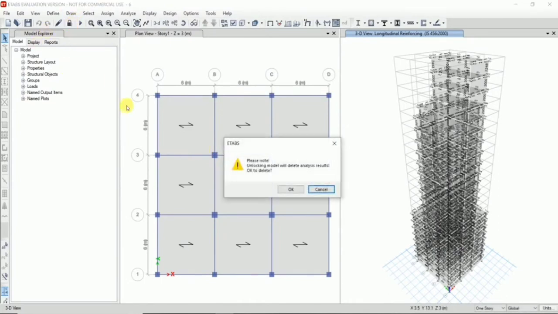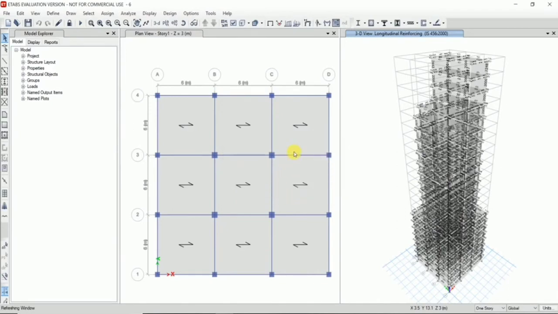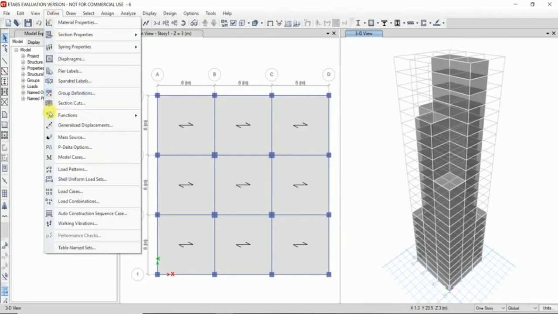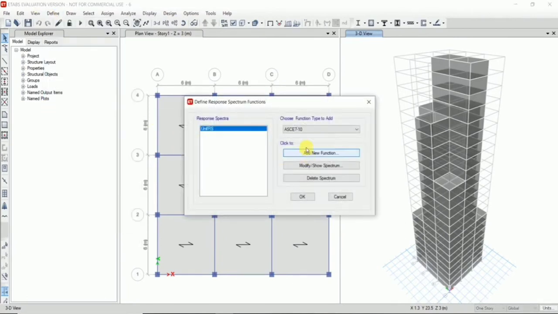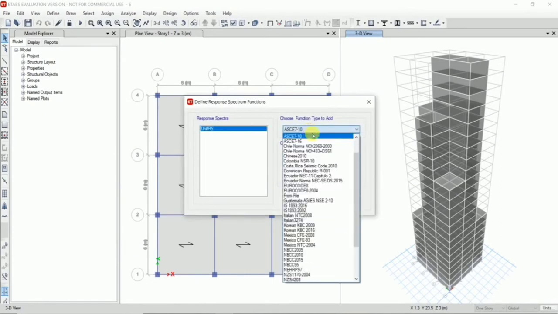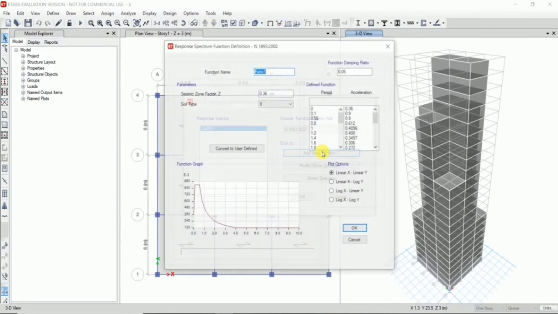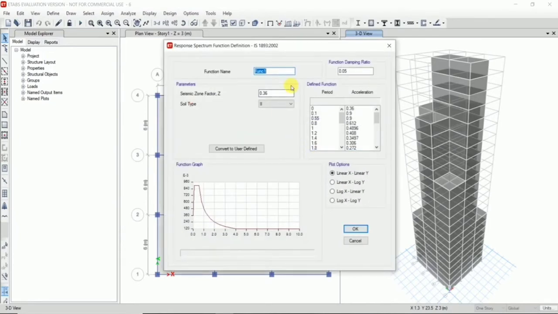Now all members pass the design check. Then we will add the seismic response spectrum function to our building model. In the define menu, we choose function properties and select the response spectrum option. We select the IS 1893-2002 option. Then on add new function, type the name as response spectrum in the function name box as shown.